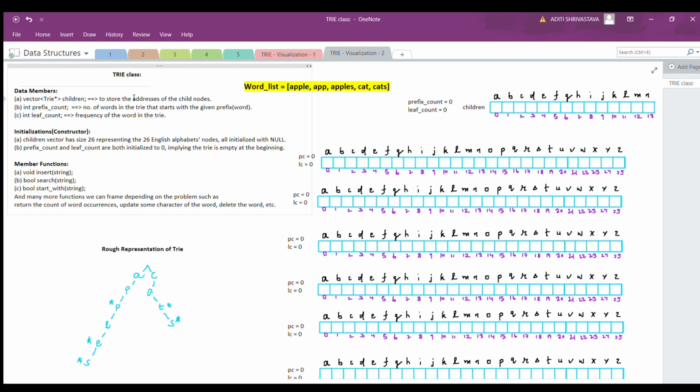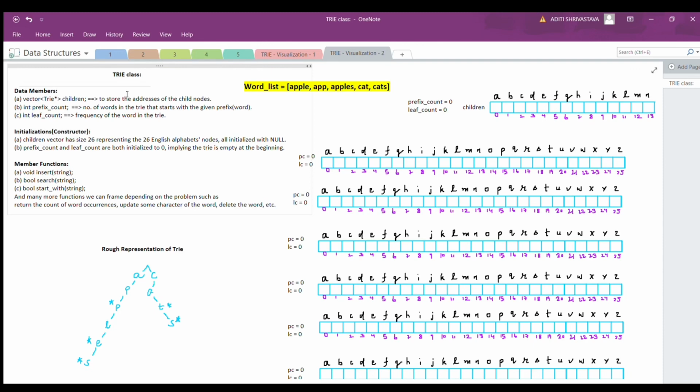But let's say a query comes asking about the number of occurrences of the given word in the trie, then we would have to alter the entire data structure, which might not be possible at a later stage. So it's a good practice to keep these things in mind beforehand. That is, we should think about the different possible queries that could be asked later before creating the data structure.